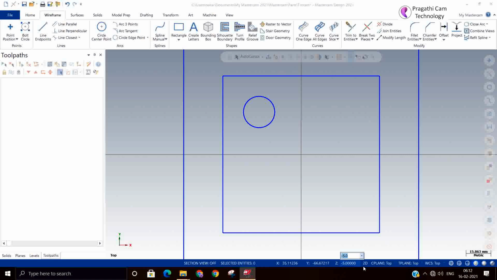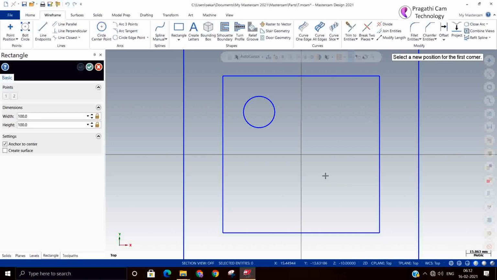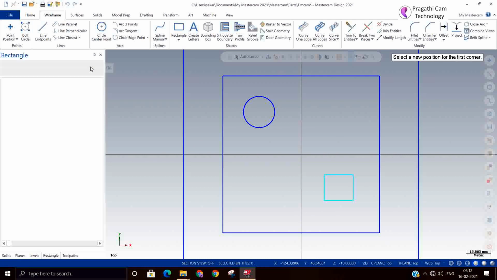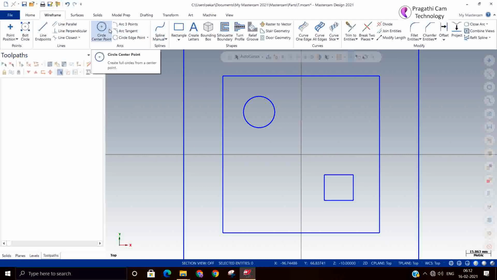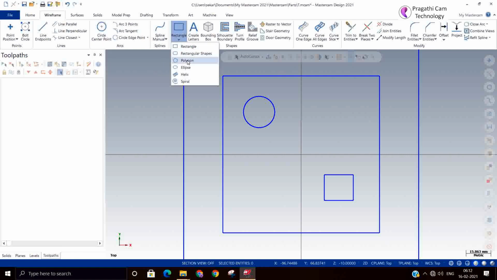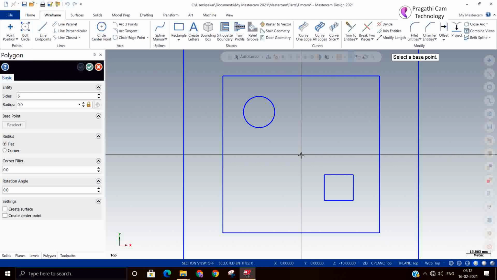Again -10 depth on a rectangle projection. You can say -15 depth. One more, a hexagon.